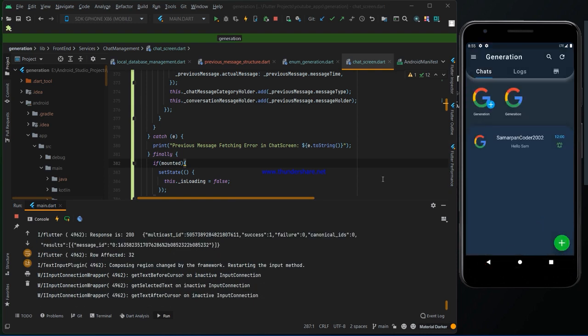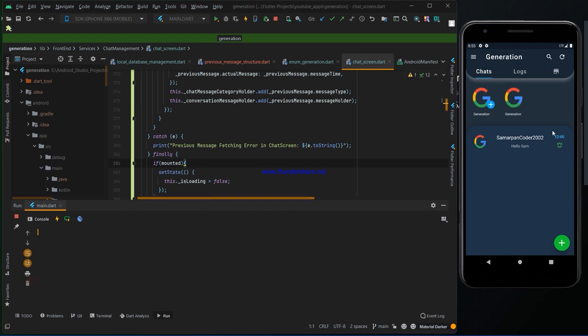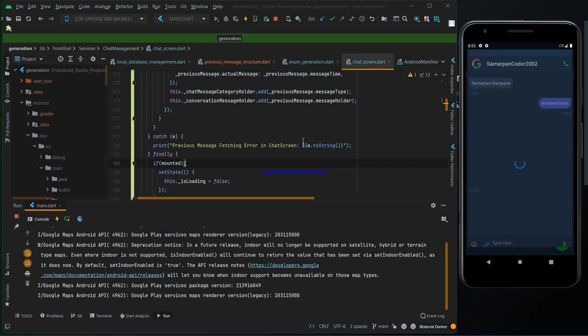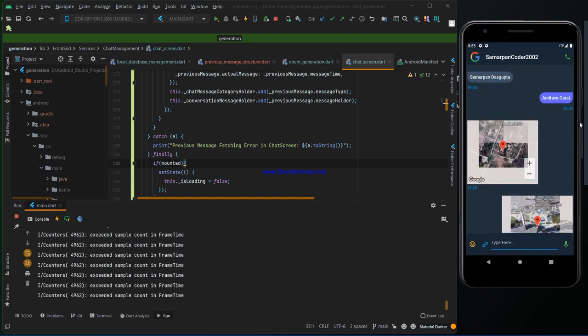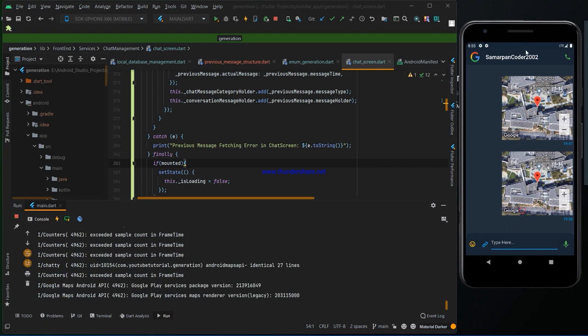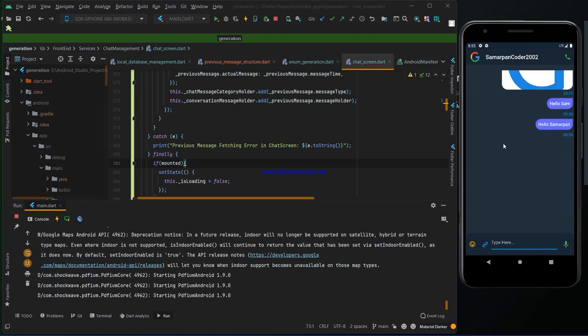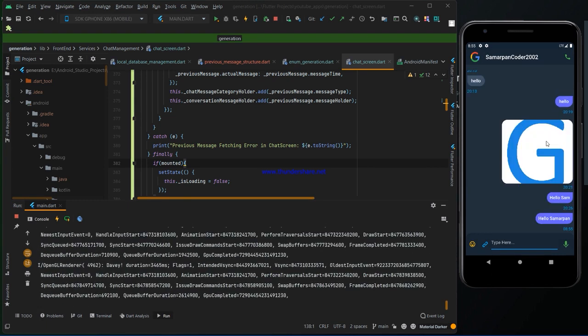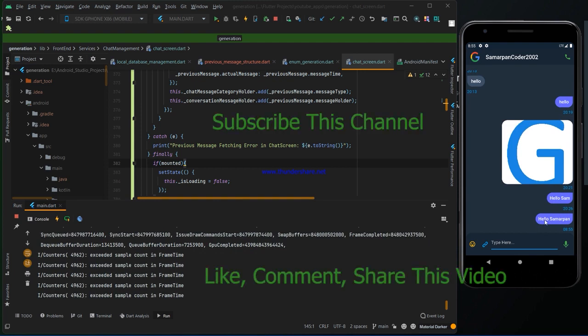Let's close this, clear the console and open it, and let's see if that hello Samarpan message appears at the last or not. And you can clearly see the hello Samarpan message appears at the last.